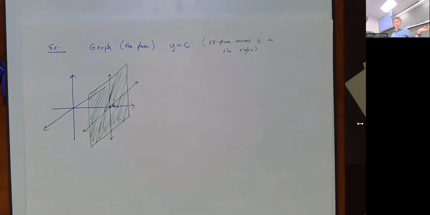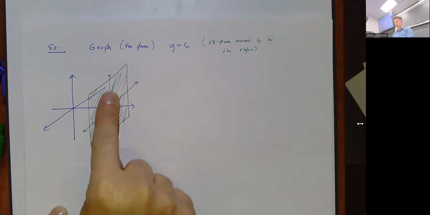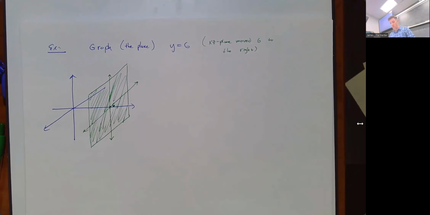So if you don't have a variable, you just get to say that variable can move as much as you want in that direction. Typically, when you have just y equals something, or just x equals something, you have 2 degrees of freedom to move in. In this case, you can move up or down, or forwards or backwards. Or if I wanted to draw the plane,